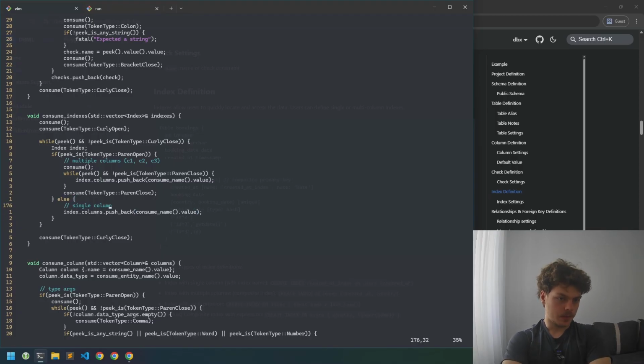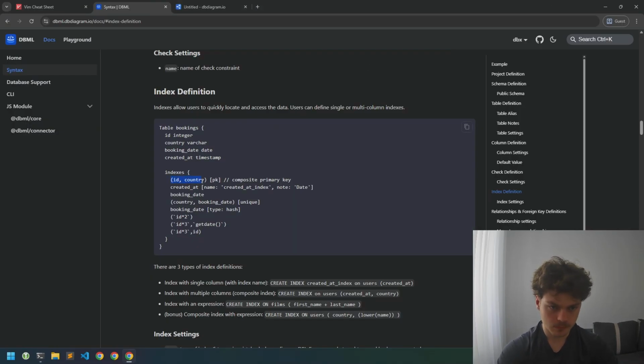Okay, so we've parsed the names, this part. Now we have to parse settings,